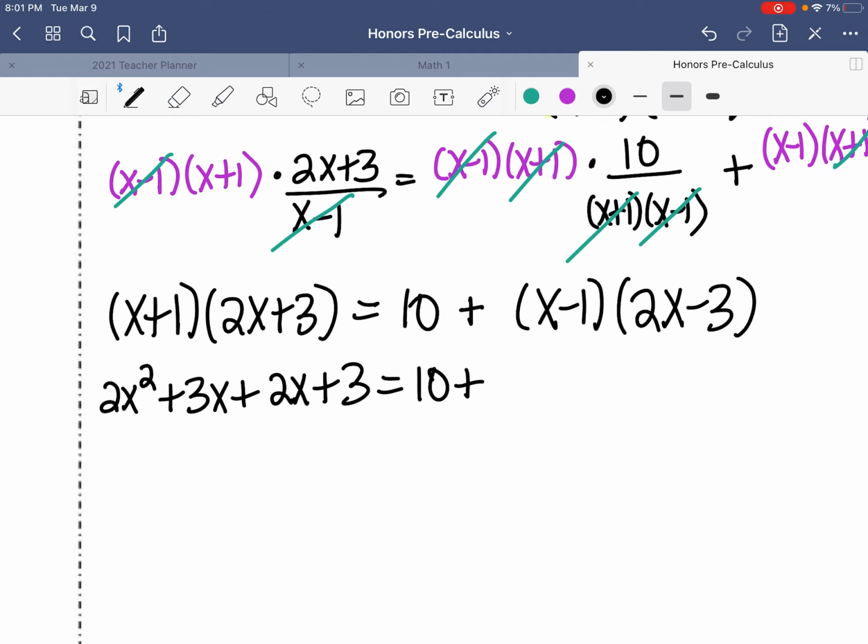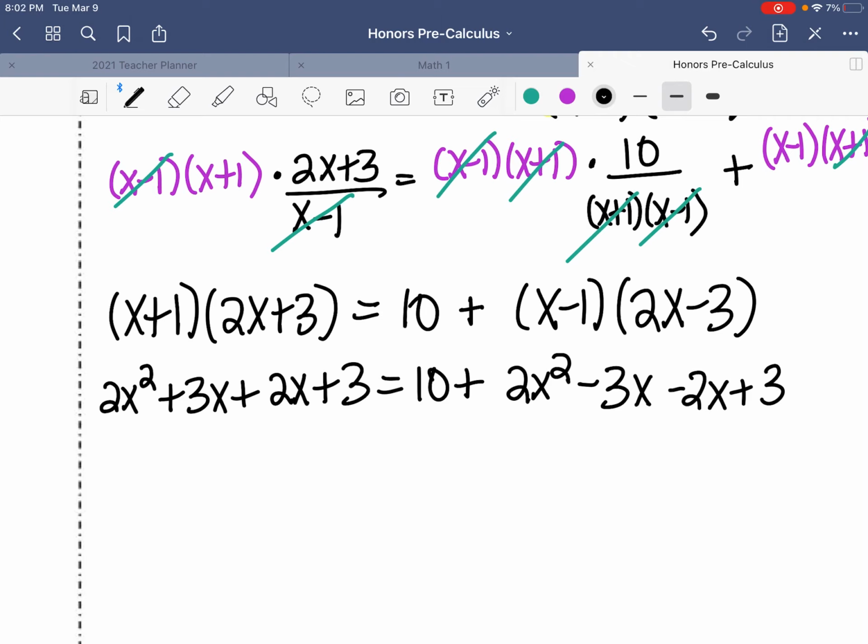equals 10. And then I'm going to multiply again. That's going to be 2x squared minus 3x plus 3. Hold on, I missed a piece here. Let's see, what did I miss? So 2x squared minus 3x minus 2x, then plus 3. There we go. All right, so when I look at this problem, what I'm noticing here is I have a